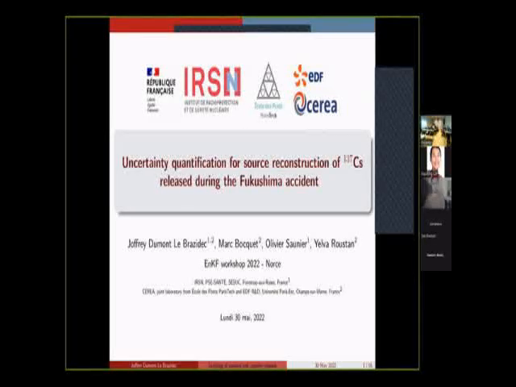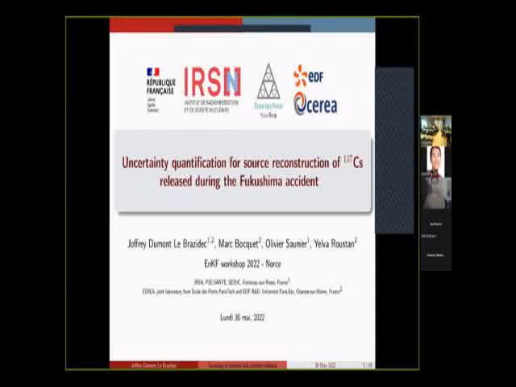Complex releases through inverse modeling methods. So it's a work we developed at the IRSN, the Radio Protection Center of France, with Olivier Saunier, and CEREA, the Laboratory of Atmospheric Dispersion, with Marc Boquet and Yelva Roustan. And so more precisely, we'll talk about uncertainty quantification methods for radionuclides release, so radioactive particle release, and about the